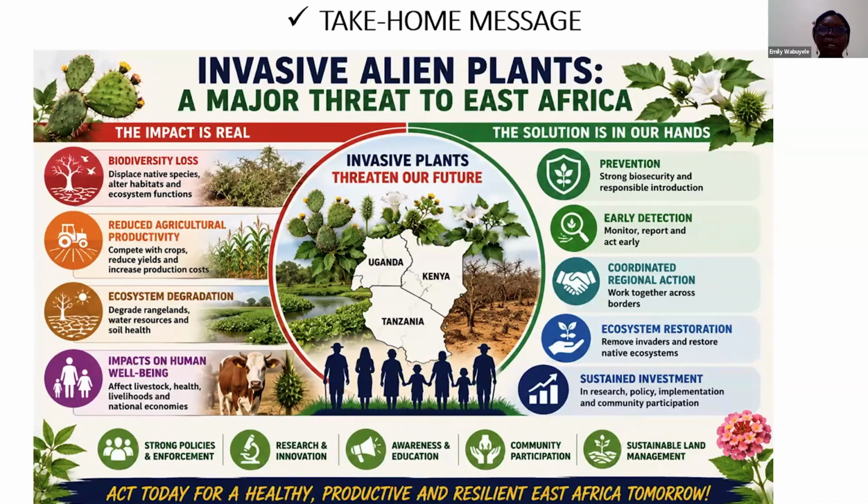And once we have identified invaded areas, we work on ecosystem restoration for us to be able to restore our ecosystems. In order to do that, of course, we have the data, we have the intention, but nothing happens without us making an impact on policy for our governments, for our regulators to buy in, to be able to provide resources for us to